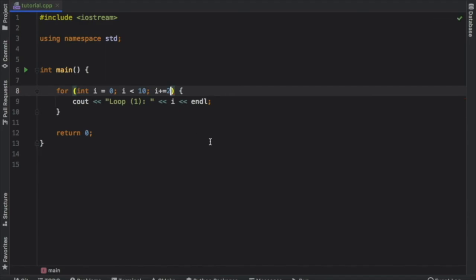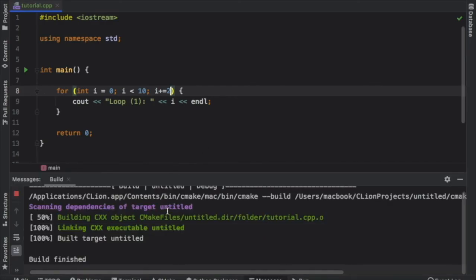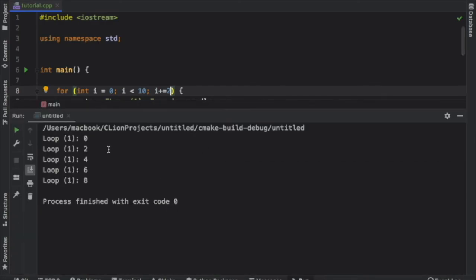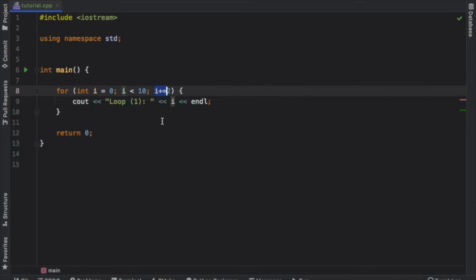So if we do this, it's going to go up every 2 numbers. And if we rerun the program, you're going to notice we will only have 5 print statements, and that's 0, 2, 4, 6, and 8 because we decided to step it up by 2. So that's the basic concept of the for loop, but we're going to change this back to the normal increment